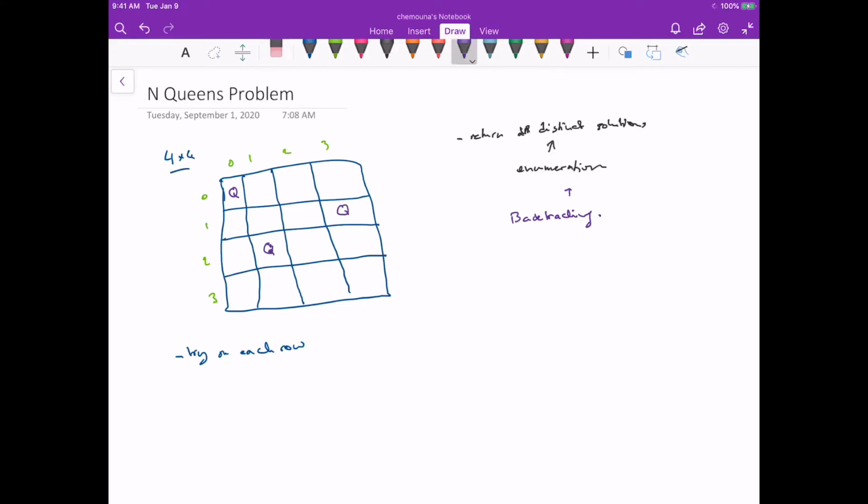Now let's try on the third row. Can I put it here? No, that's the same diagonal. Can I here? No, that's the same column. Can I do it here? No, that's the same diagonal. Can I here? No, that's the same column. So this solution doesn't work. So we backtrack again